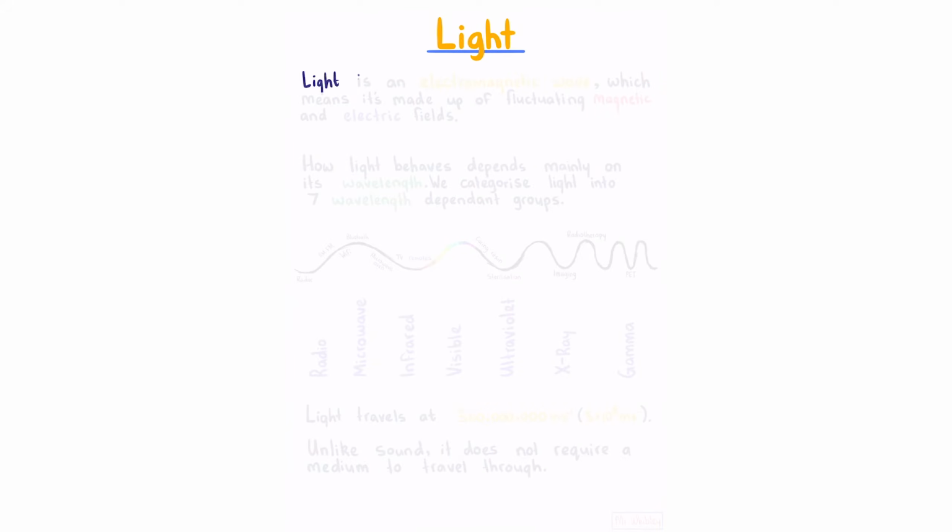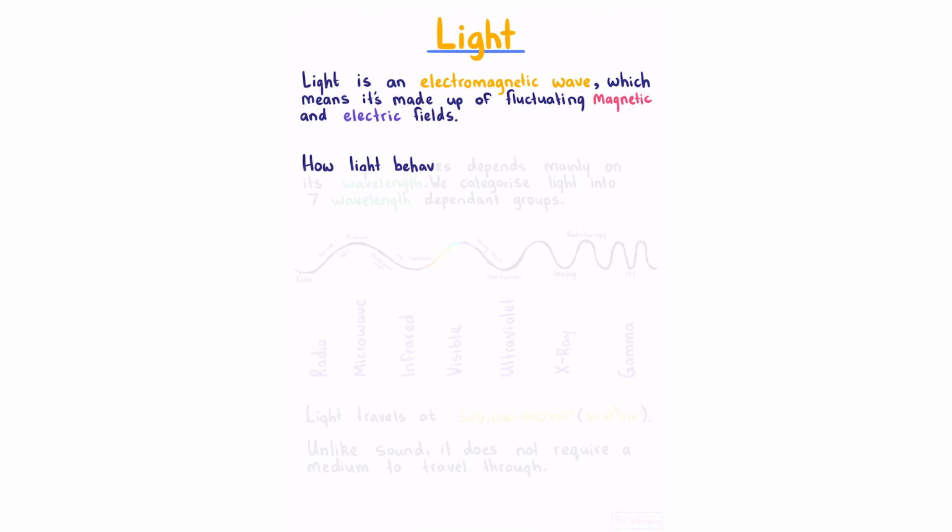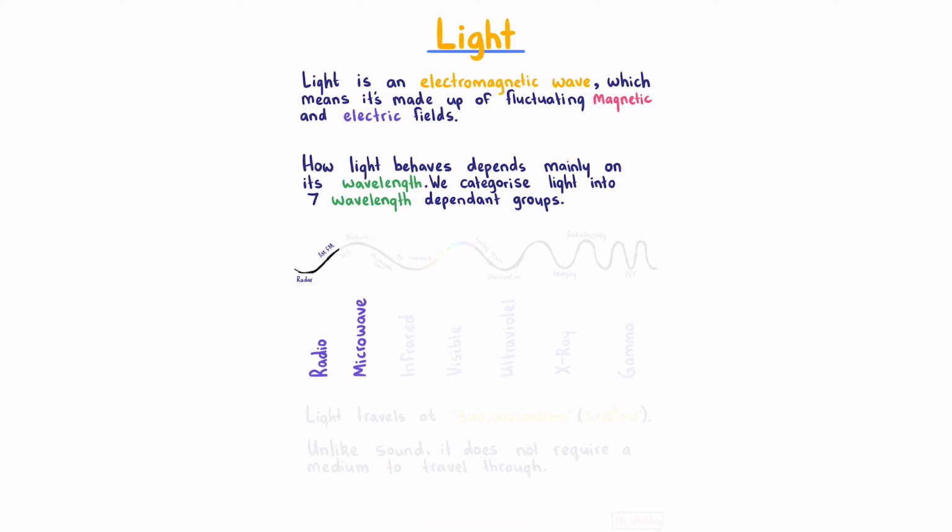Light. Light is an electromagnetic wave, which means it is made up of fluctuating magnetic and electric fields. How light behaves depends mainly on its wavelength. We categorize light into 7 wavelength-dependent groups: radio waves such as radar and AM and FM, microwaves used in Wi-Fi,